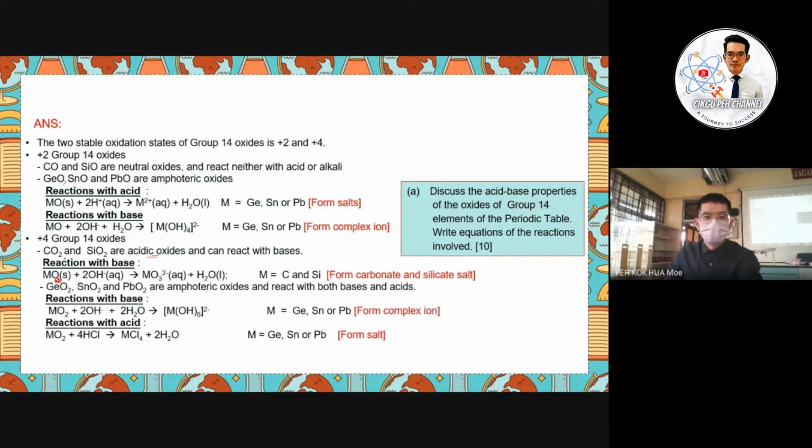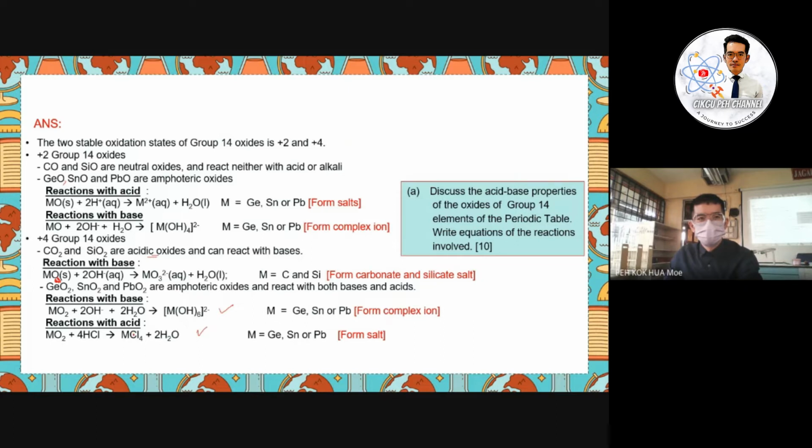Okay, and then the germanium dioxide, tin dioxide, and lead dioxide. Okay, so they are amphoteric, you have to mention. And react with the base and acid. And then you give the equation for the reaction with base. They will form also the complex ion. And the reaction with acid